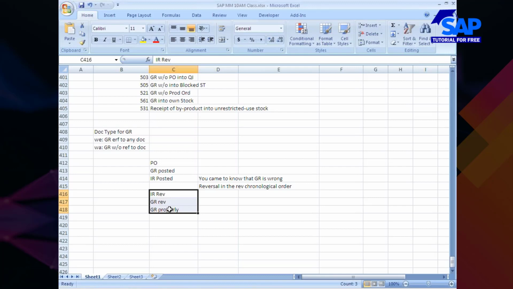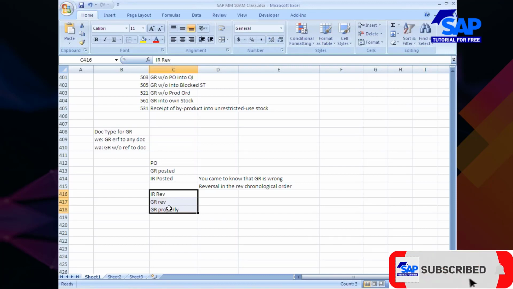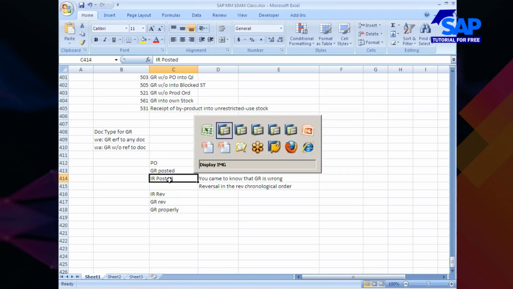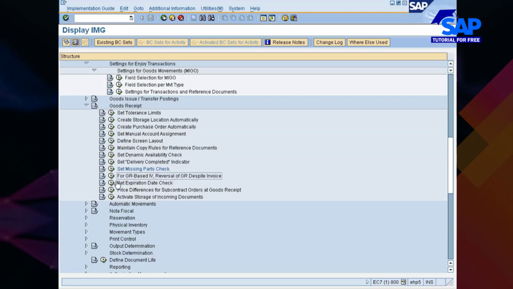Now, let's say some customer will say, why should I do reversal this way? I want to post reversal of GR despite there being an invoice posted, which is not correct as per the standard process. But if there is any customer who wants to post reversal of GR despite there being an invoice posting, I can allow him to do so.